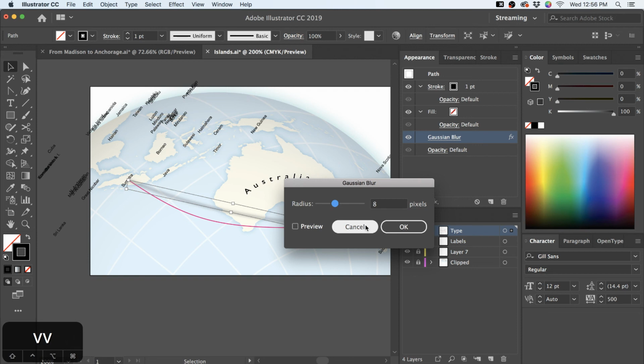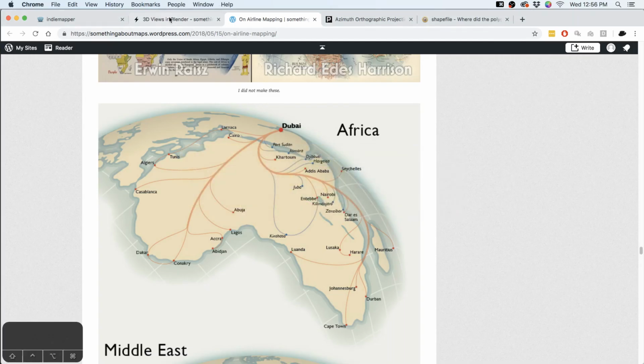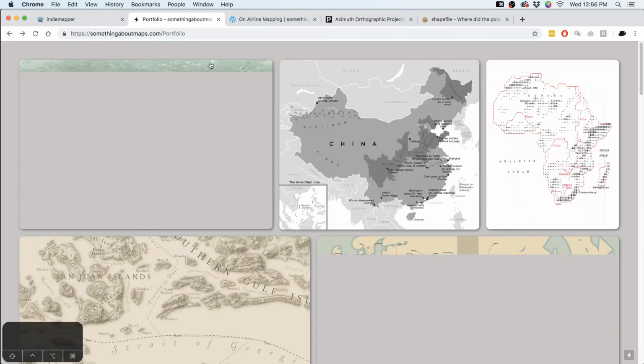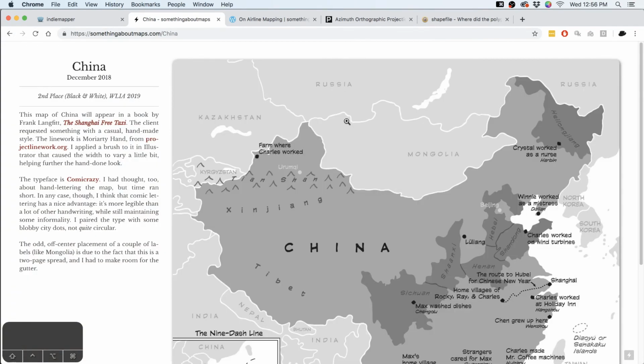If you're at NASIS, you might have caught my presentation on monochrome mapping. I love making maps in black and white and grayscale, and a high percentage of my portfolio is all about that. But I think there's not enough attention paid to monochrome mapping. So I'm going to launch a monochrome mapping competition. I threatened to do this at NASIS, and I'm getting ready to get it off the ground.